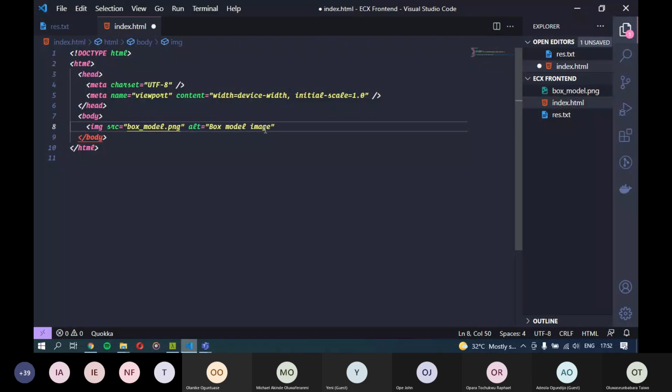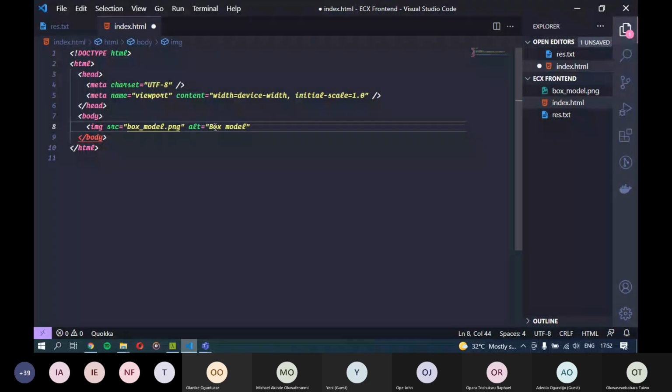The person that is going to your website already knows that it is an image because they'll be using screen readers. Screen readers can already tell that this is an image tag. So they know that obviously you're talking about an image. So adding image here does not really make much sense. It's kind of like tautology, like why are you repeating yourself? So you can just remove that part. But try as much as possible to be explicit when you're explaining what is in the image.